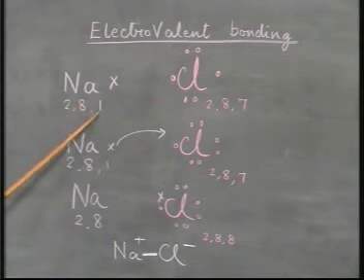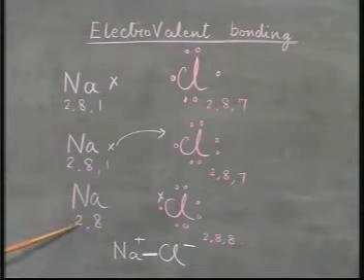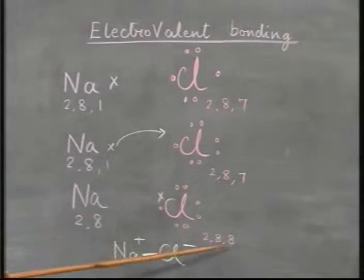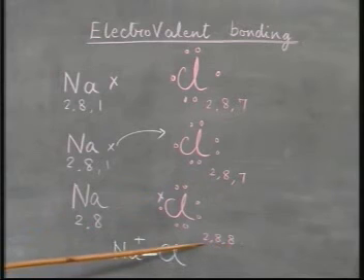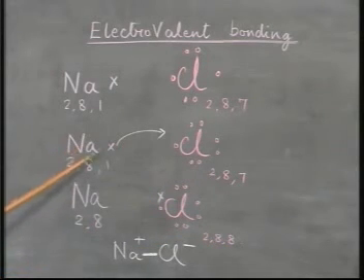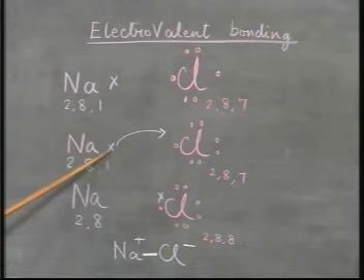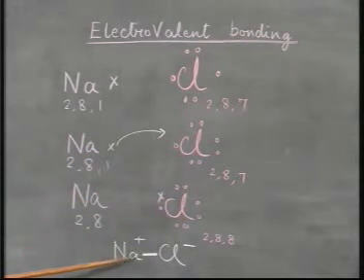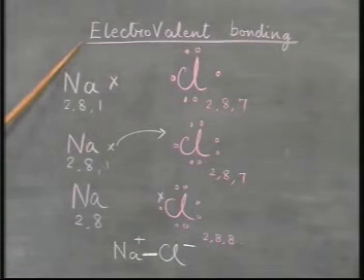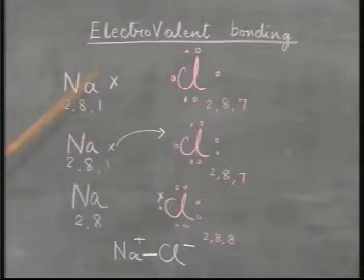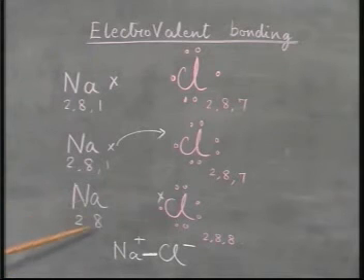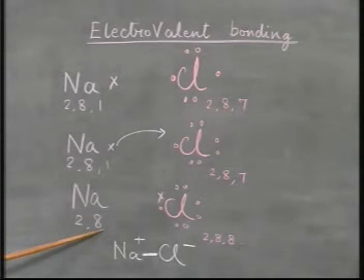Sodium, by losing one electron, can acquire a noble gas configuration, and chlorine, by picking up one electron, can also acquire a noble gas configuration. Hence, the electron from the sodium atom is completely transferred to the chlorine atom, resulting in a very strong bond called the electrovalent bond. As a result of this transfer of electron, the sodium is left with one electron short,